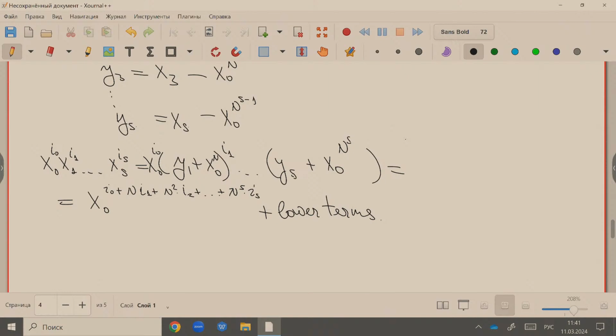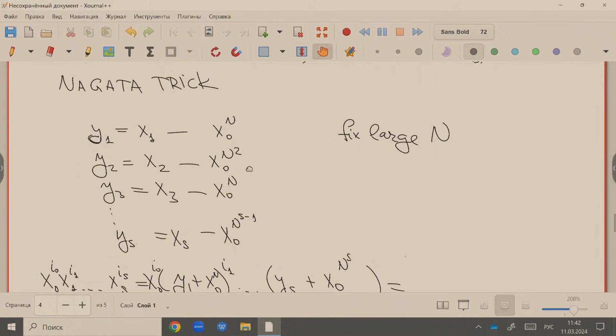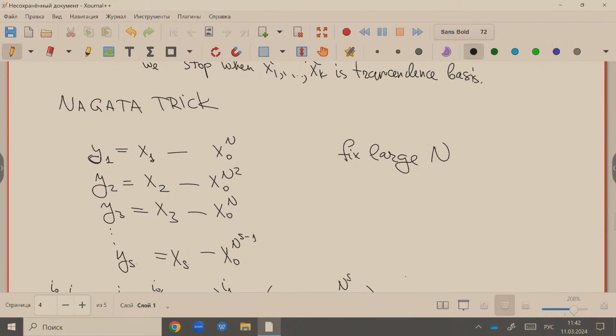And we get the following, so that f of this linear change, f of x0. Now this s is not the same s as in the theorem. Let us write the base of induction: we change x0, ..., xs to x0, y1, ..., ys, such that x0 is algebraic over y1, ..., ys.